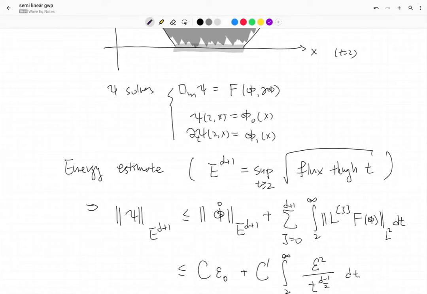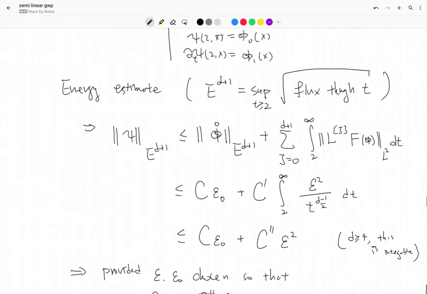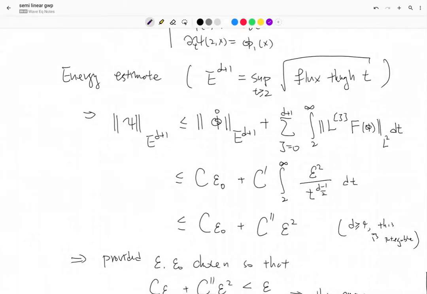The L2 energy estimate that we had before, exactly the same one that we used for studying local well-posedness, tells us that the E d plus 1 norm of psi is going to be bounded by the E d plus 1 norm of the homogeneous solution, which is essentially what we get from the initial data,